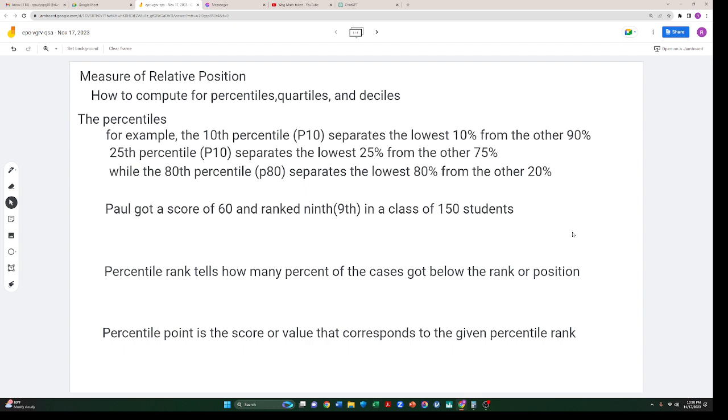Okay? So, these three measures of position, percentile, quartile, and decile, are used in entrance exams and psychological tests to identify the intellectual capacity of the learners, and so forth, in those kinds of assessment. So, it can be used for scholarships, entrance exams, anywhere. Okay? So, here, how to compute for percentile, quartile, and decile